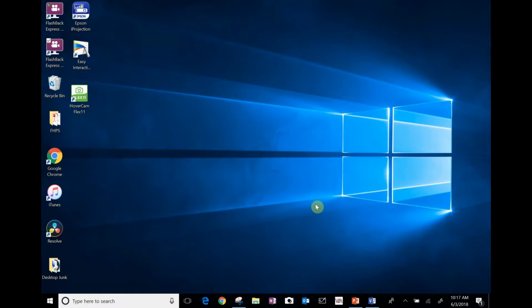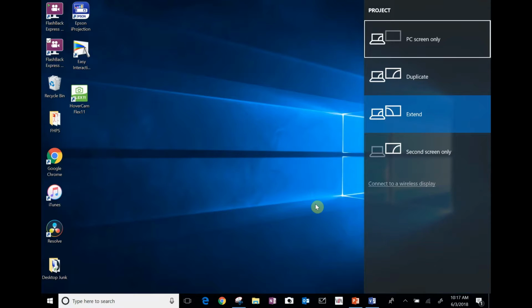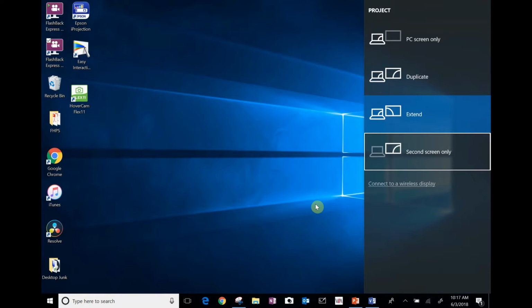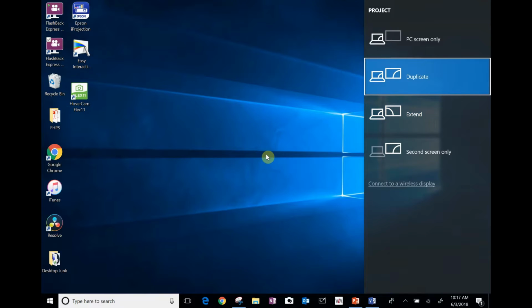All right, here you can see I can toggle between my available displays by pressing the Windows key and the P button on the keyboard, where you can toggle through the different settings. Just hold the Windows key down and press P. It'll switch to a different available option. Duplicate on both my local screen and the projector